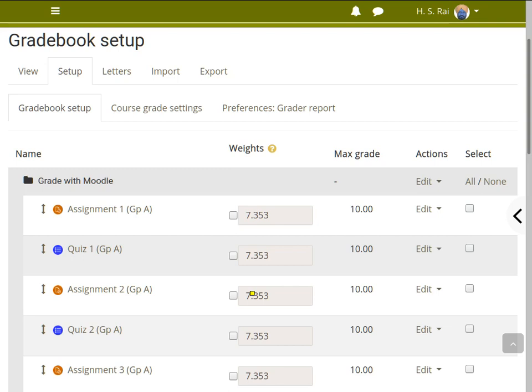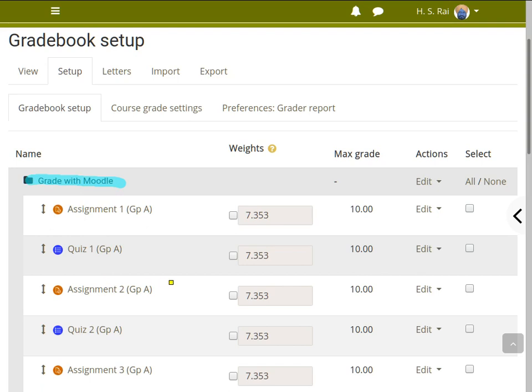And then again when you go to gradebook setup, you will see setup. Now all these are still uncategorized, which are on the top, for which the category will be the subject, grade with Moodle.